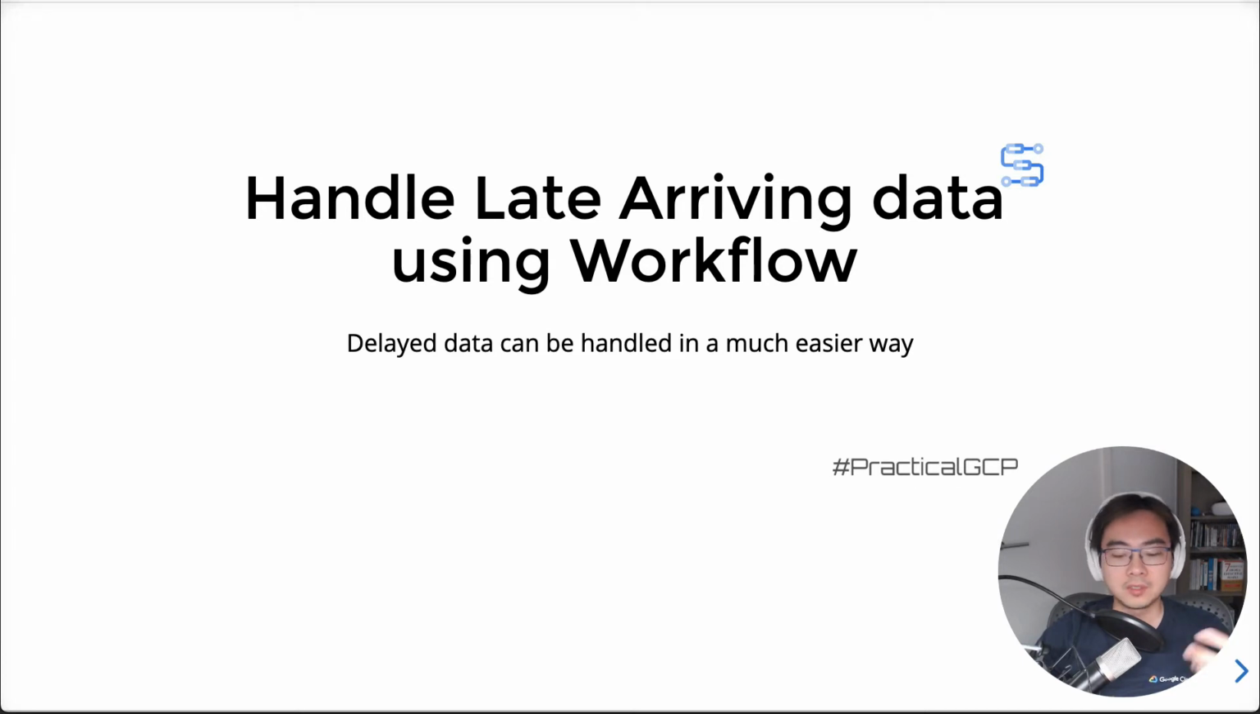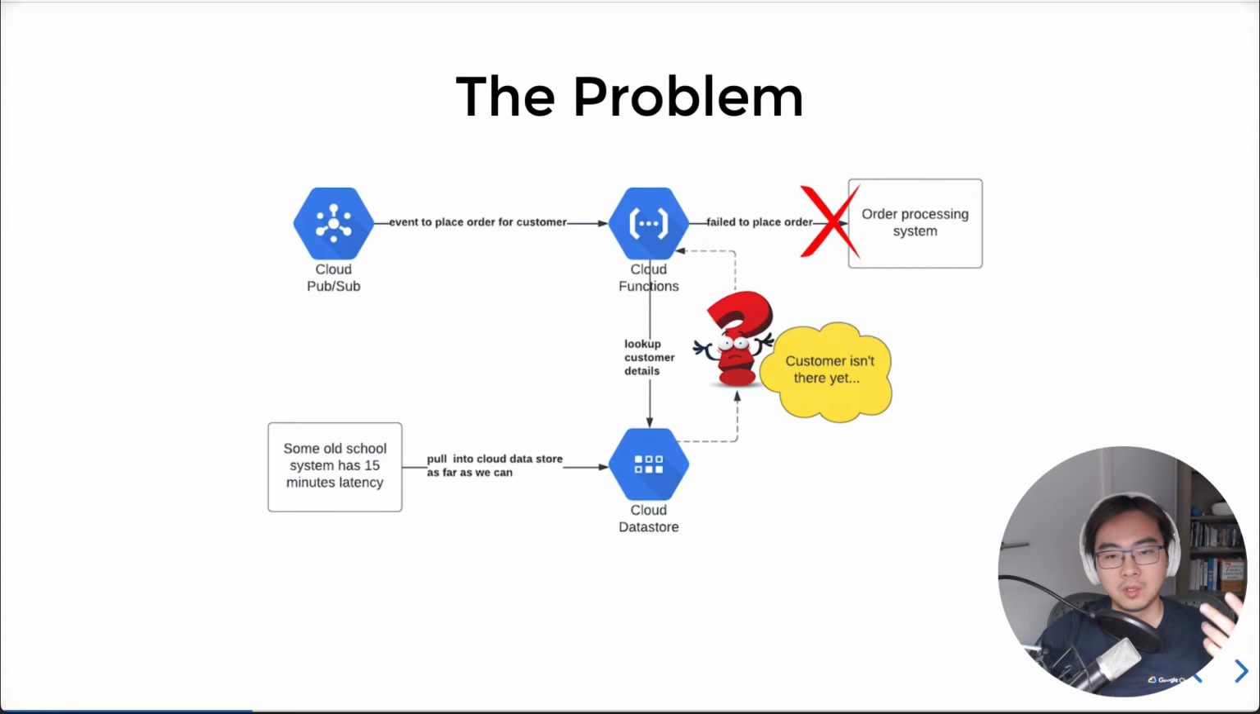So let me start by using a problem that exists in maybe many large companies in a large distributed environment. Let's say you have a message queue that receives events to place an order for a customer. When you try to place the order, you typically need to look up some customer information first. That can be stored, in Google Cloud terms, maybe in Cloud Datastore as key-value